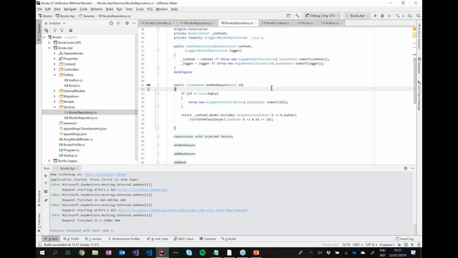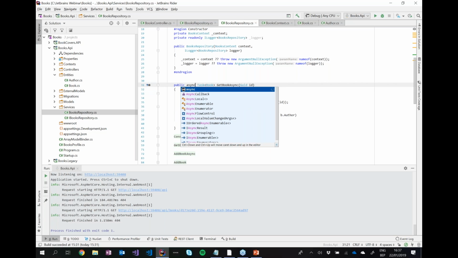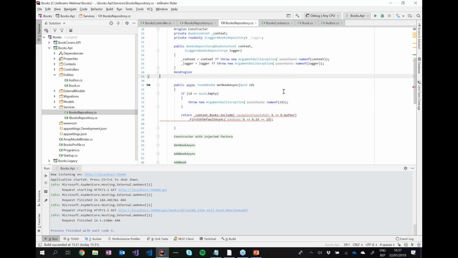So this is a pattern I sometimes see people use. Don't use async await in methods that are async, but just let the task bubble up and handle it in the caller code. That obviously is a leakage of your repository, so that's not something I would advise to do. As we know, to make this method async, we have to use the async modifier. So if we do that, we run into another problem. With that async modifier,